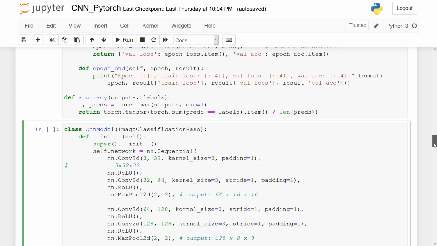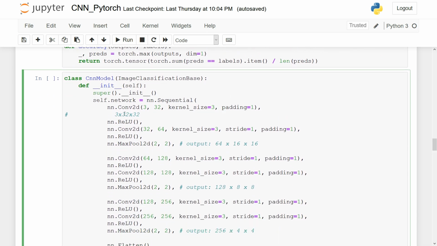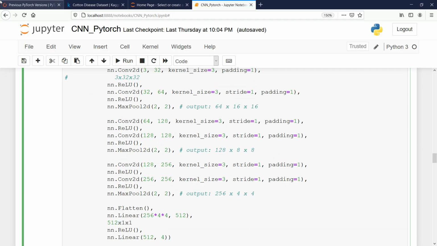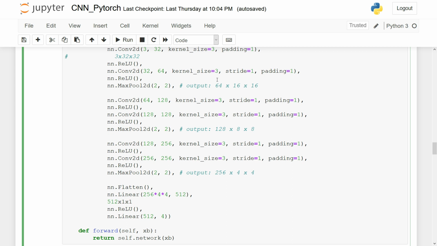If I go up again, now you can see here 32 cross 2. That means how we apply the max pooling, it will cross that, that means 32. Okay, so if I go down, now you can see a 32, then 64 cross 2, 128, and this one 256. And if I go down here,